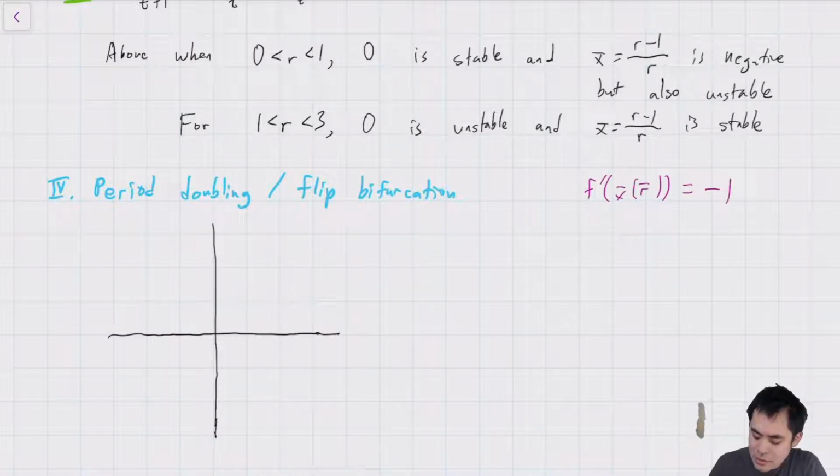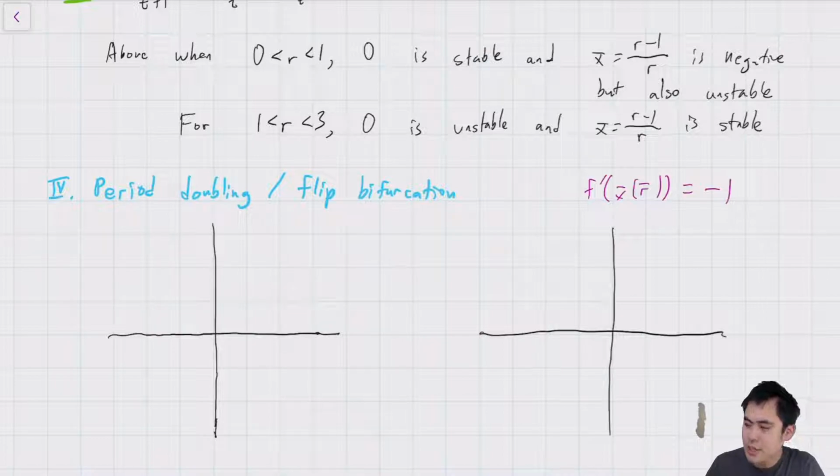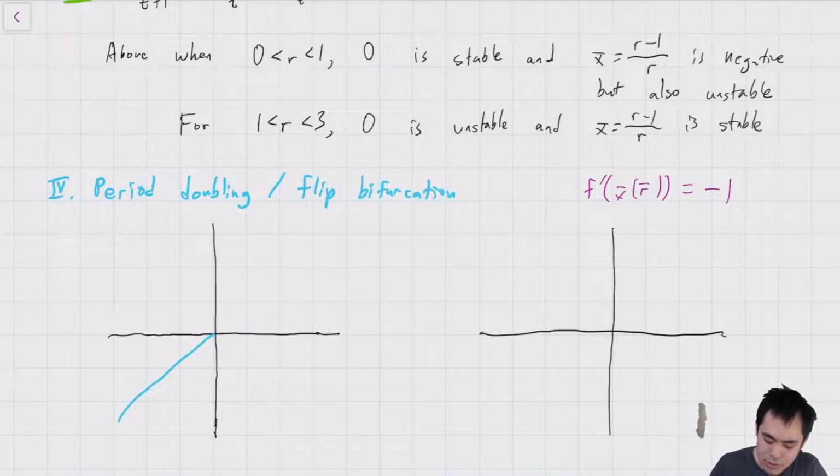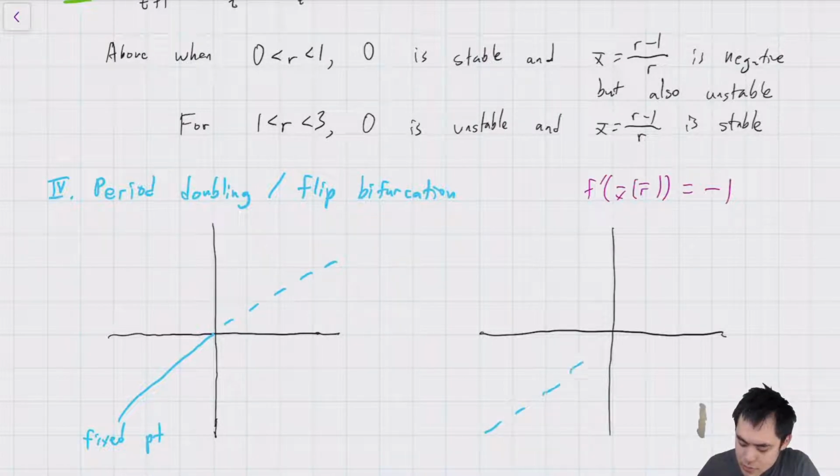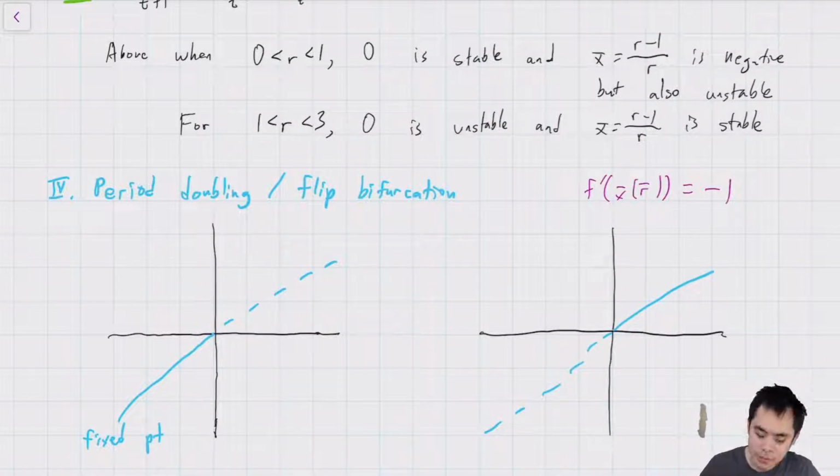Part of the reason this is specific to difference equations is because a 2 cycle is something specific to the discrete time case. So you start out with, say, a fixed point. It passes the bifurcation, and then it becomes unstable. Or sorry, it starts out unstable and then becomes stable. But the cool thing about these period doubling bifurcations is that when that fixed point passes, I'm going to use a different color here,